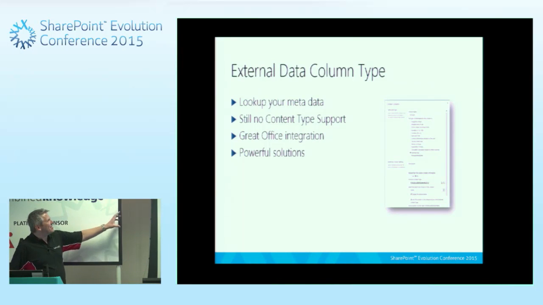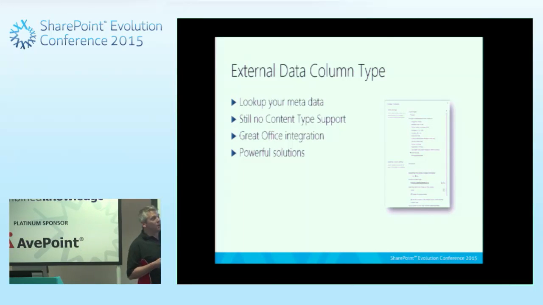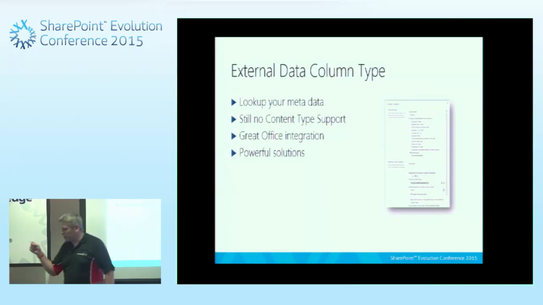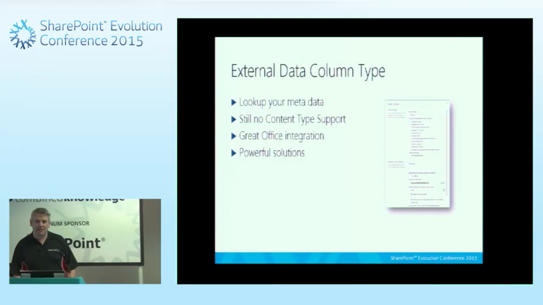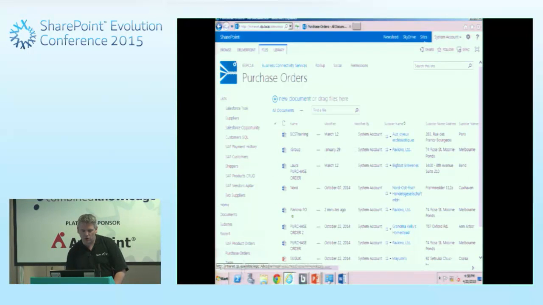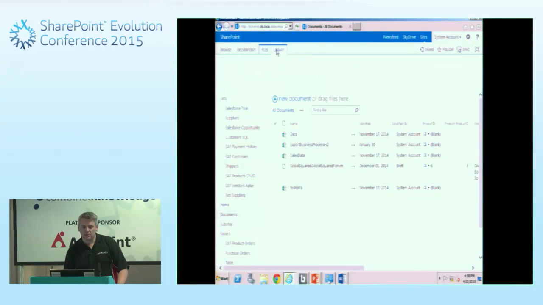So with the external data column, yeah, you can look up your metadata. Another downside to this, no content type support. So this is a column that you can go and add to any list or library, but you can't add it to a content type. Right? So you've got to save out your library as a template if you want to use this. To build it,